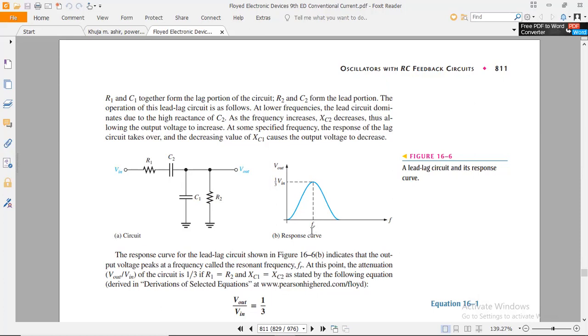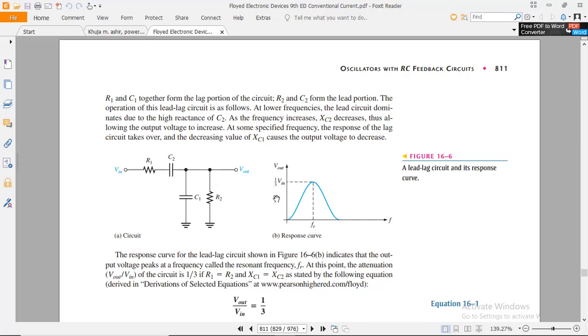Between them is FR, the resonance frequency, at which the capacitive effect and the maximum peak value of the output voltage would be performed at this instant. The capacitive reactance gradually increases and would be constant at this level, and from FR the capacitive reactance would decrease from this point.